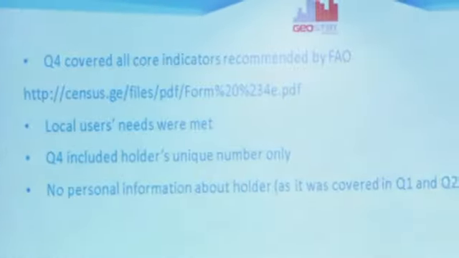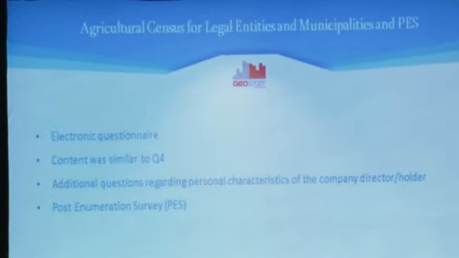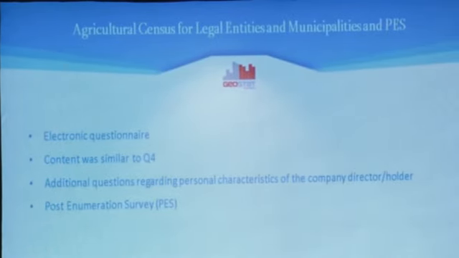Additional certain identification questions on holdings operated in aquaculture. Questionnaire 4 covers all core indicators recommended by FAO and local user needs. For the agriculture census for legal entities, an electronic questionnaire was prepared, which was also used for the census of municipalities, like a common land. The content of the electronic questionnaire was the same as the paper questionnaire, in addition to